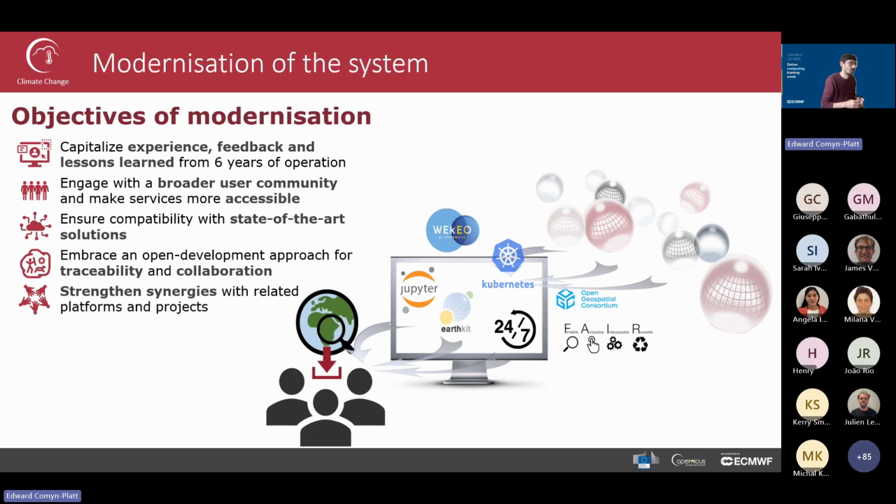I mentioned before that we did lots of things about traceability, but it was probably something we didn't do well enough in the old system. So we wanted to embrace that a little bit more and make sure that we could not only provide traceability for the things that we were doing, but also